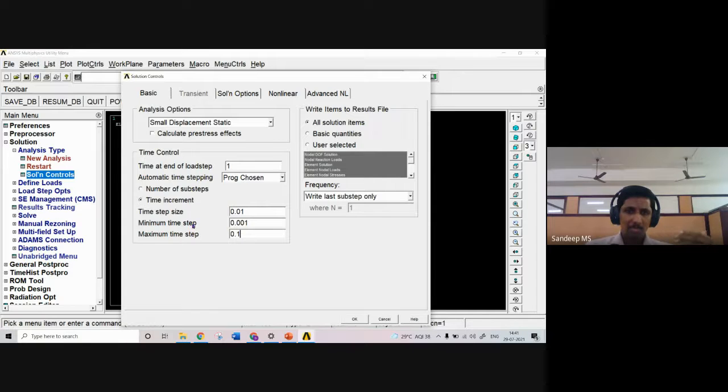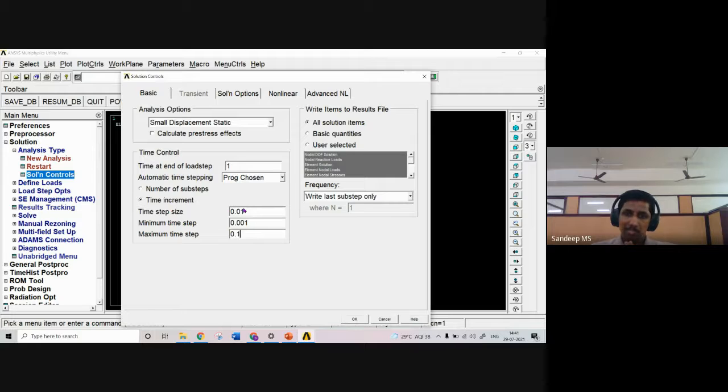Okay, and we have two more options called minimum time step and maximum time step. So why do we need these, if time step itself is enough to conduct the entire analysis? ANSYS has some algorithms for performing this iterative operation. If it initially applies the load corresponding to 0.01 time, and it feels that in the nearby ranges the load will surely converge, ANSYS will automatically take the next time factor as the maximum time step. So from this 0.01, it will just add 0.1. So the next time will be 0.11. It will skip all the remaining steps, calculate the load that should be applied at that time, and apply that.